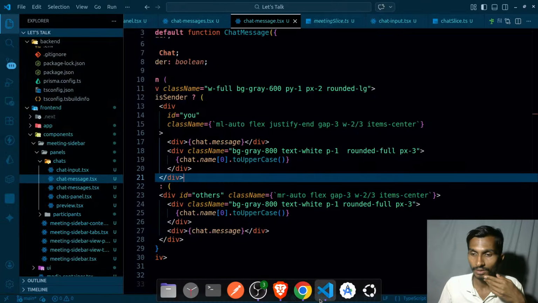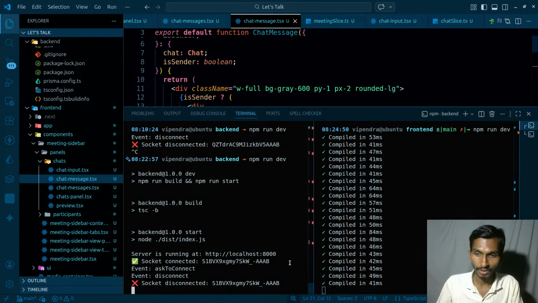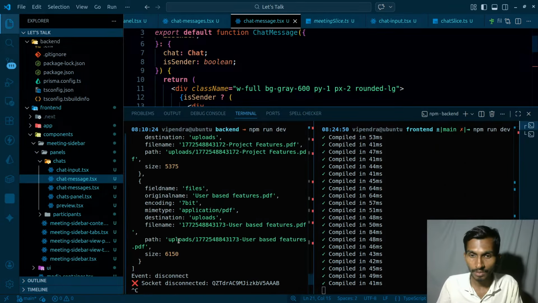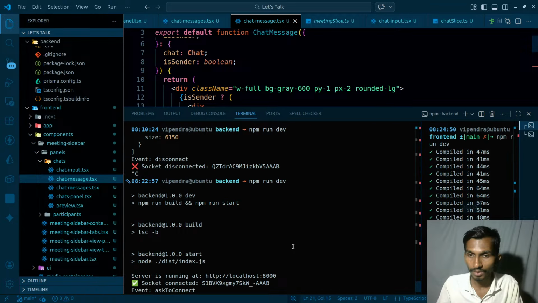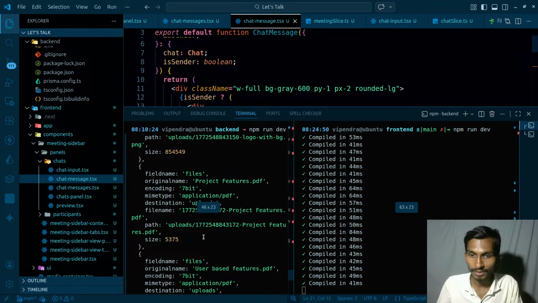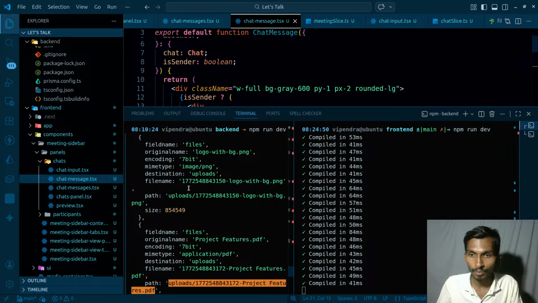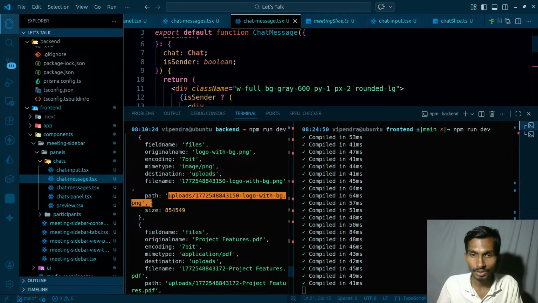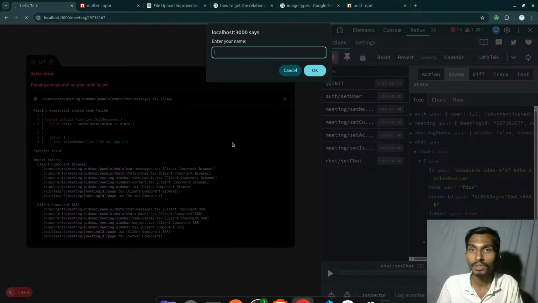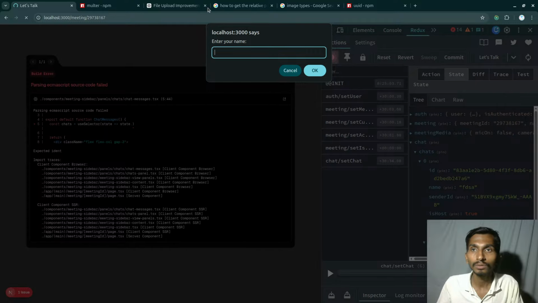In that case, let me do one thing. Not showing the message, showing the images, and this is going to be the main path for them. So let me copy it all. Mainly I'm going to copy the image, this particular one, Control Shift C. So once I've copied it, I'm going to go to the